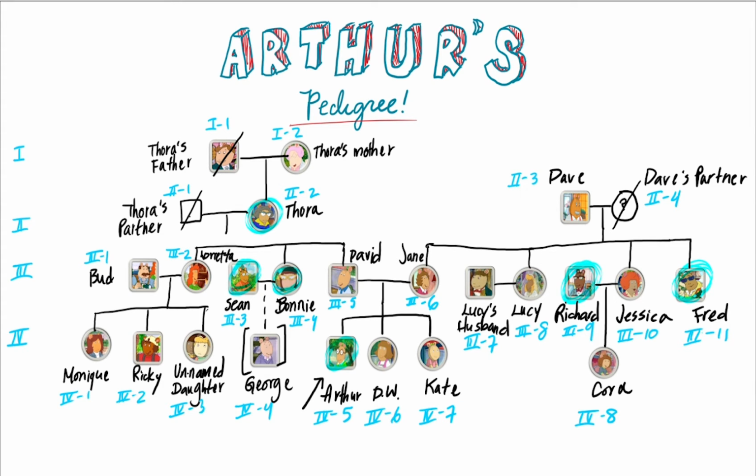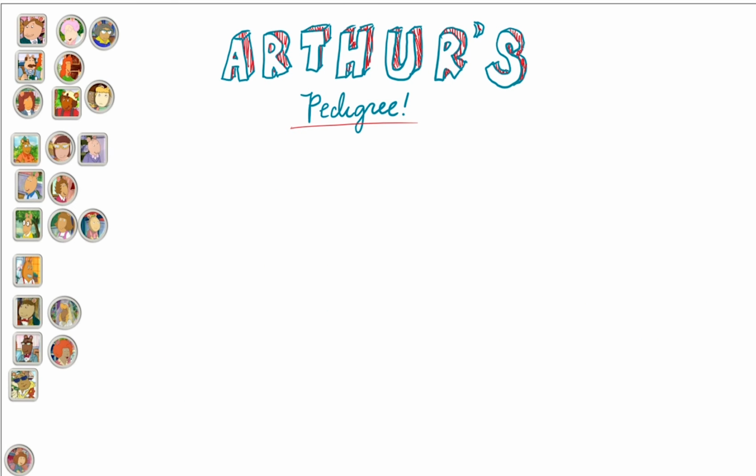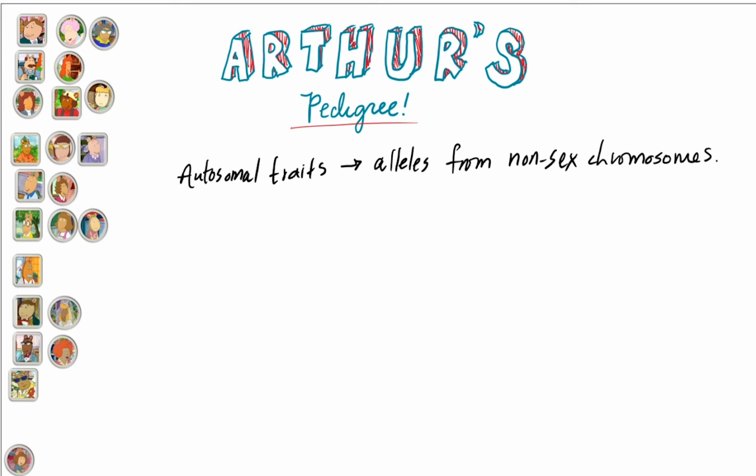So, now that we have Arthur's pedigree drawn out, let's talk about the inheritance pattern. Let's assume that we know that nearsightedness is an autosomal trait. This means that the trait is determined by genes on autosomes, which are non-sex chromosomes. In inheritance patterns, traits can either be dominant or recessive. Recall that parents each contribute an allele, or a form of a gene, for a trait such that their children receive one allele from each parent. The combination of alleles somebody has for a trait is called a genotype.